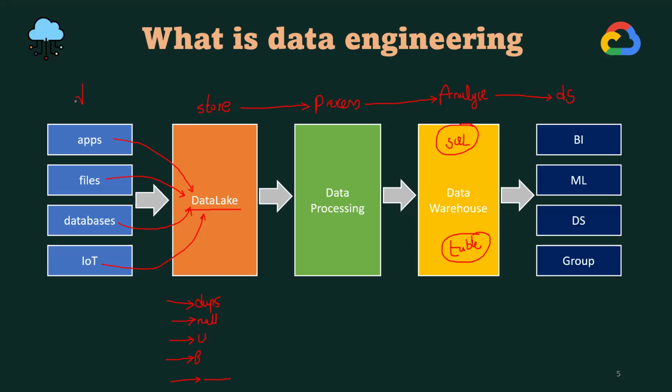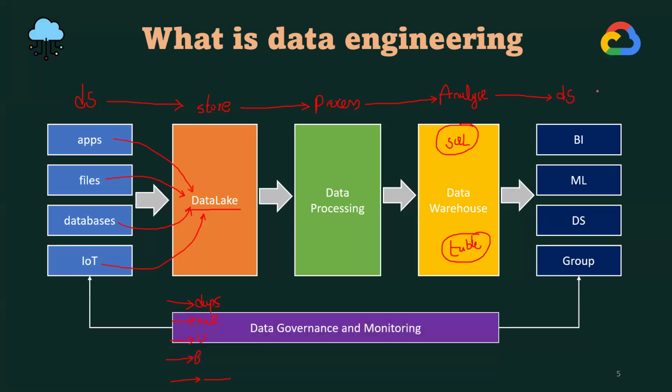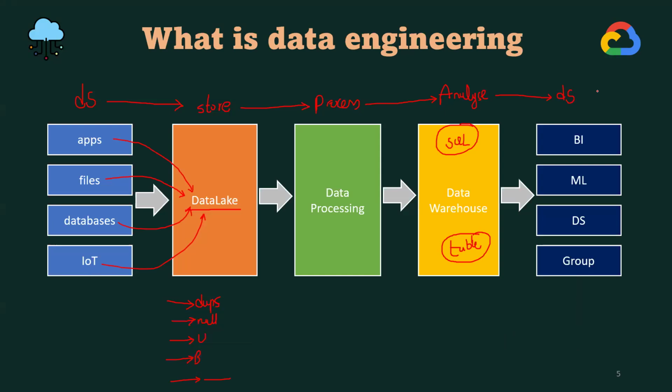So you have a data source. You get the data from the multiple data sources. You store it, process it, analyze it, and send it to the downstream for further usage purpose. And not only that, we as data engineers don't want to do any of these processes manually. We want to automate it and orchestrate it, and we are going to create some kind of data pipelines also.